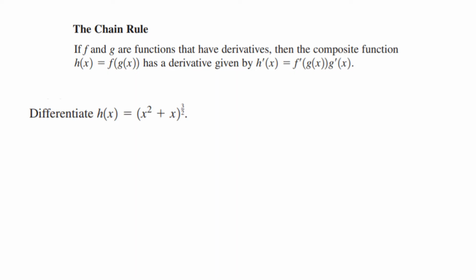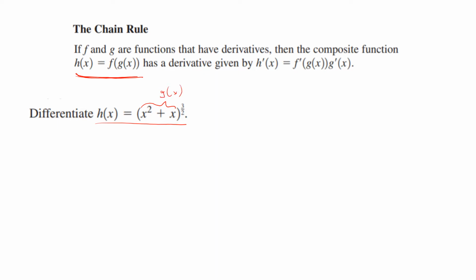Let's try to understand what I meant with a problem while taking the derivative. For this, it wants me to differentiate (x squared plus x) in brackets to the power of 3 over 2. You might be saying it's not really in this form, I don't see it that easily, but you can also think of whatever is inside the bracket as a function. So I can call this